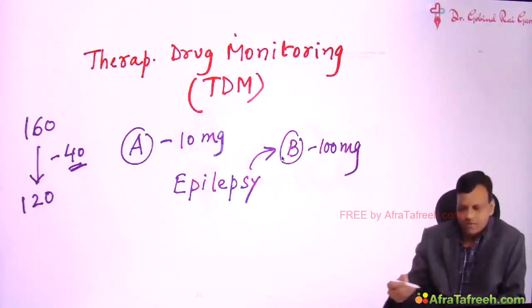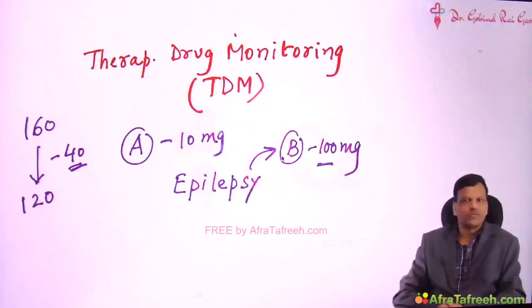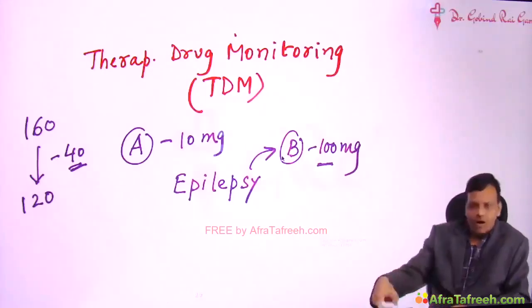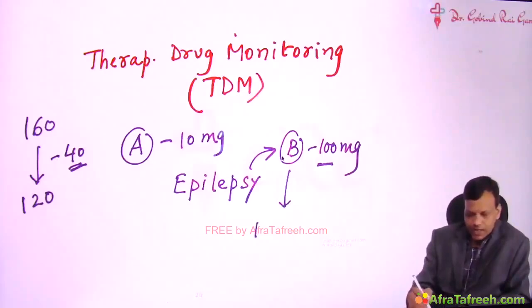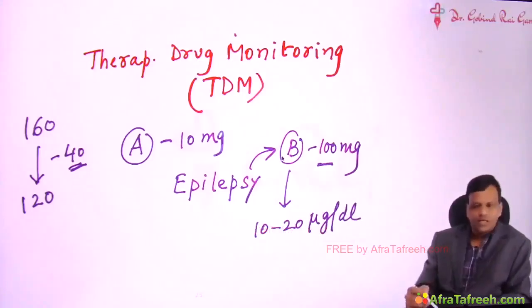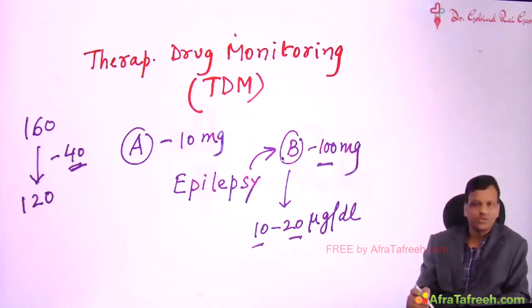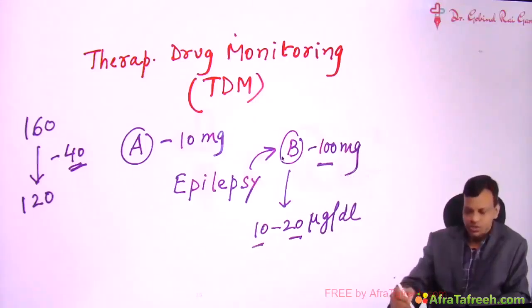We will check the plasma concentration of the drug. We know all drugs produce effect according to plasma concentration. From our already present knowledge, suppose we know that the required plasma concentration of drug B is between 10 to 20 microgram per deciliter. So we give drug B 100 milligram for 5-7 days. Again we call the patient and check the plasma concentration. If the plasma concentration is between 10 and 20, that means the dose is okay. If it is less than 10, we need to increase the dose. If it is more than 20, we need to decrease the dose. This method of adjustment of dose is called therapeutic drug